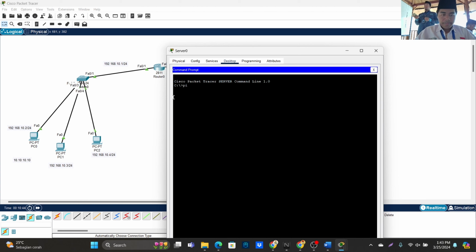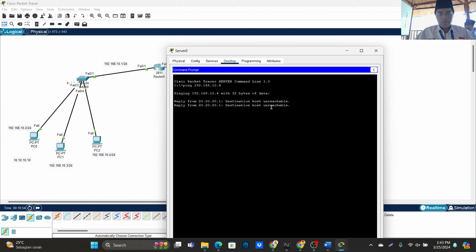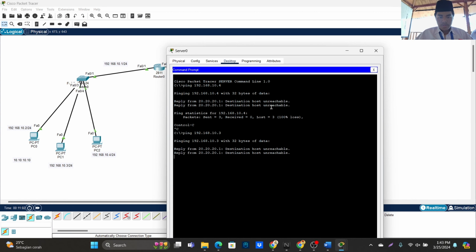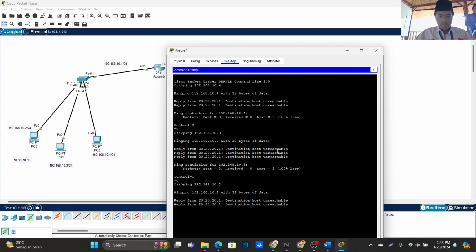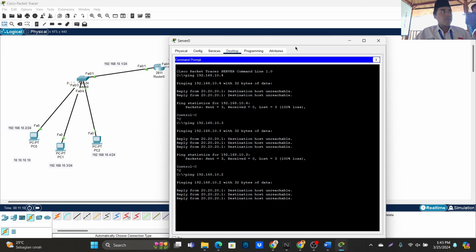Try to ping all PCs. 192.168.10.3 will be unreachable, and the third one will be unreachable also, and the same for the other.